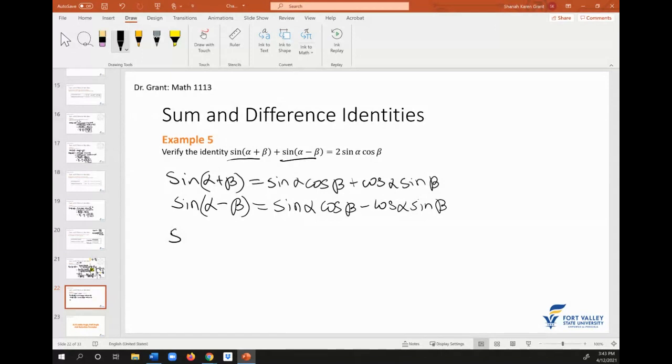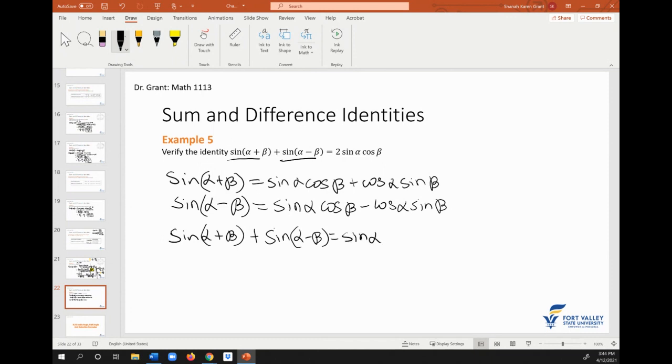So we know that when you're verifying identities, you want to pick a side. Sometimes we say you pick the most complicated side and try to simplify it to be the other side. So in this case, I'm going to pick the left side. So I have sine of alpha plus beta plus sine of alpha minus beta. So I'm just going to plug in my formulas. So this becomes